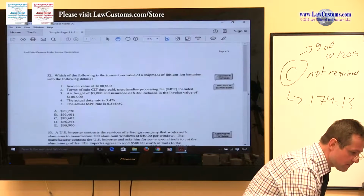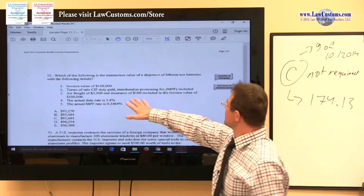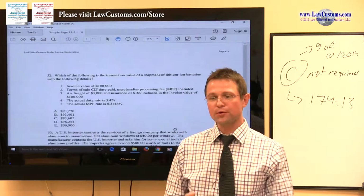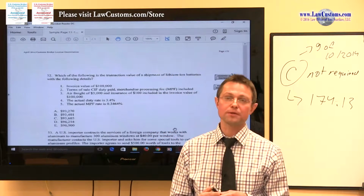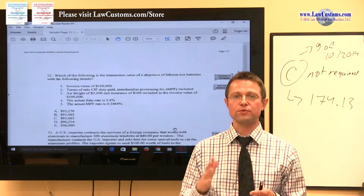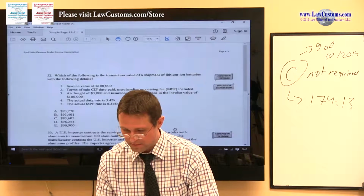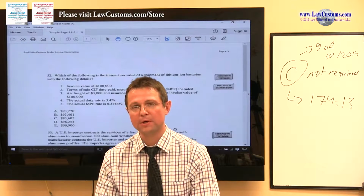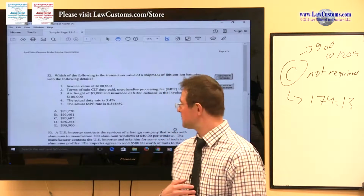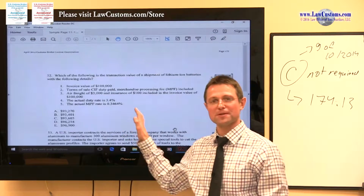So, if for example this question deals with the transaction value, so this is valuation of merchandise. Some may argue that this valuation of merchandise is the most difficult part of the exam. Many say classification is more difficult, but I think it's really not about difficulty. I think this is about time consumption, because